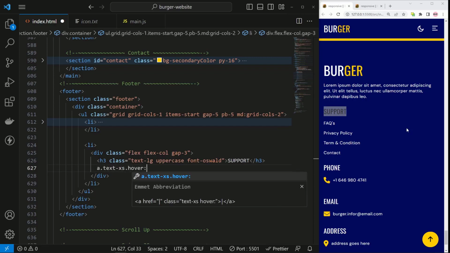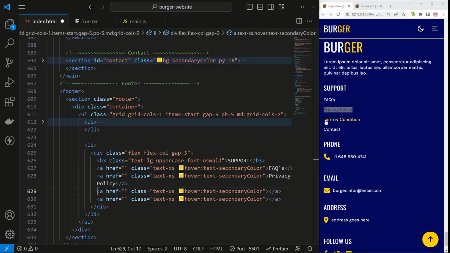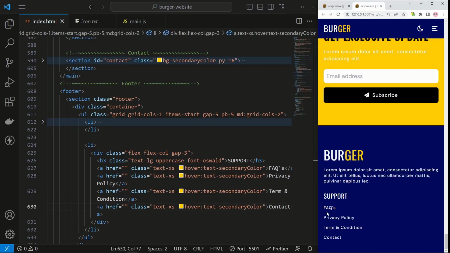Below that h3 tag, let's have an anchor tag with the class name of text extra small. Let's add some hover effect. Text will be secondary color. And we want to add 4 anchor tags. So in here, let's say asterisk and then 4. Hit enter. Let's copy this FAQ, paste it here. Let's copy this privacy policy and paste it here. Again, let's copy this terms and conditions, paste it here, and finally contact. Now save it and you can see our support area,